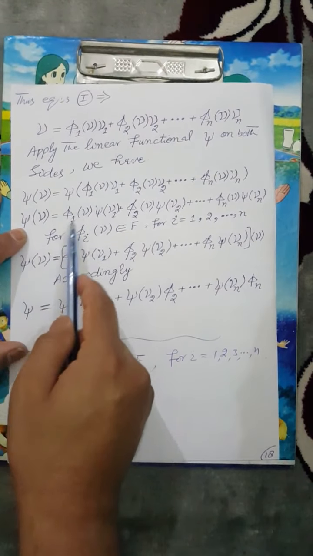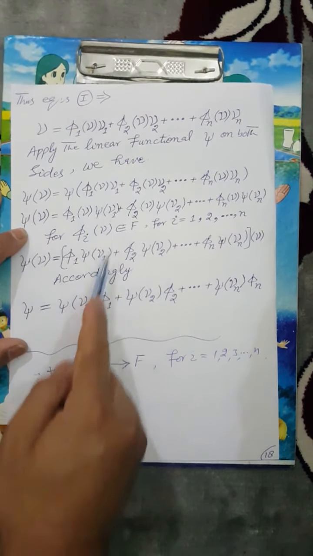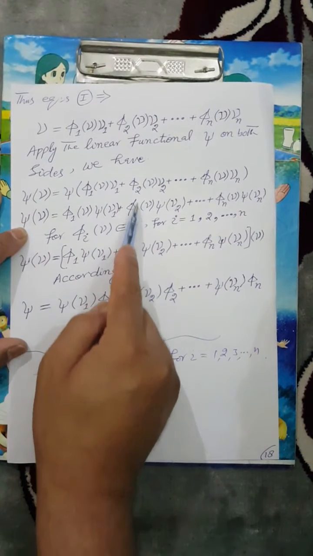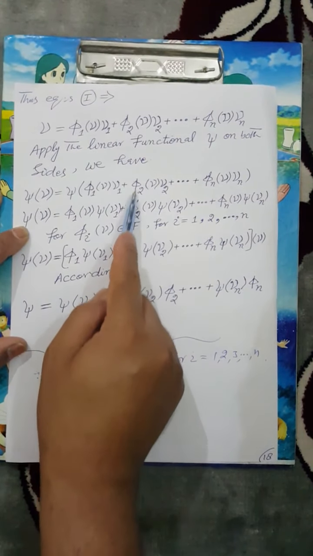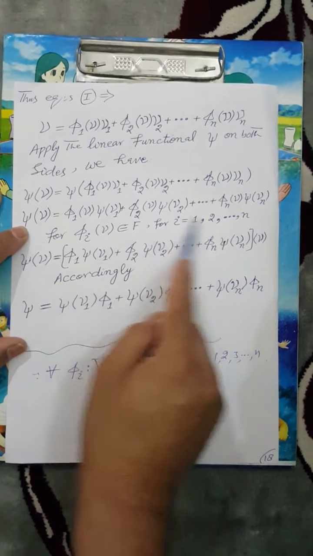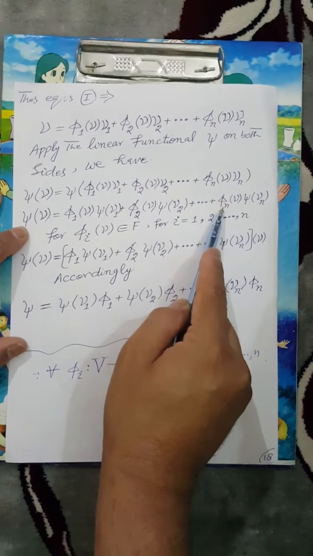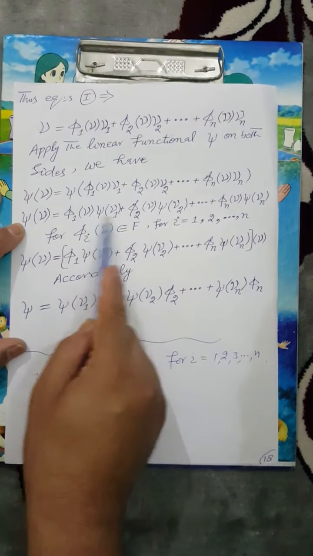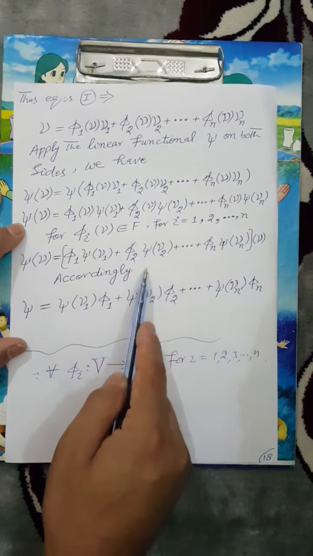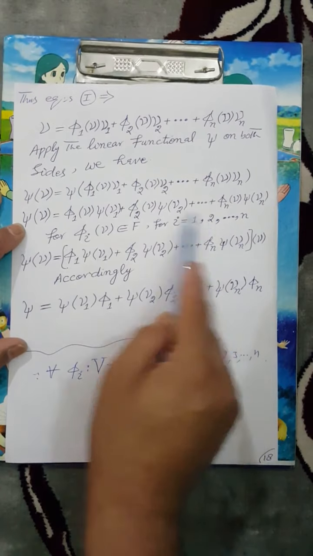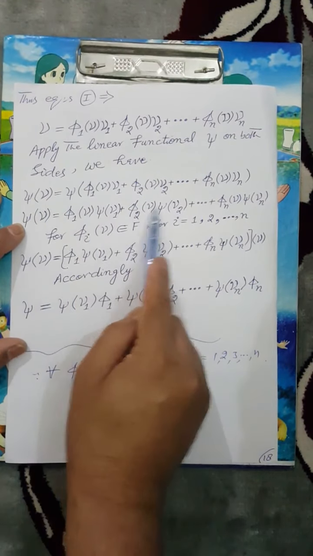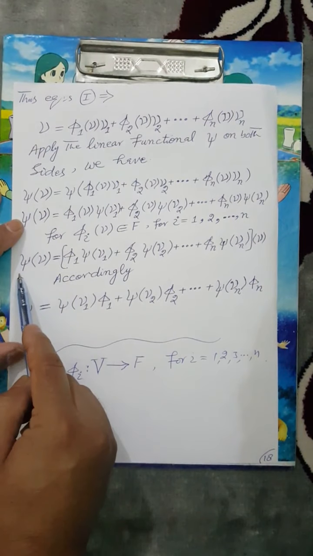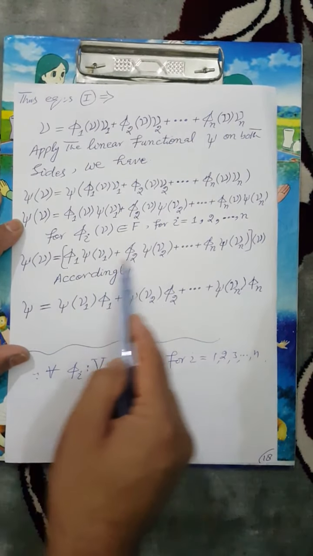Now, which is also equal to π1(v) ψ(v1) + π2(v) ψ(v2), since π2(v) is a scalar, plus up to so on. πn(v) is also an element of the field, plus πn(v) ψ(vn). Now, which is also equal to [π1 ψ(v1) + π2 ψ(v2) + up to so on πn ψ(vn)] applied to v, where v is common in each term. Cancel v with v, that is, the image of v under ψ and the image of the same element v under this linear combination of the elements